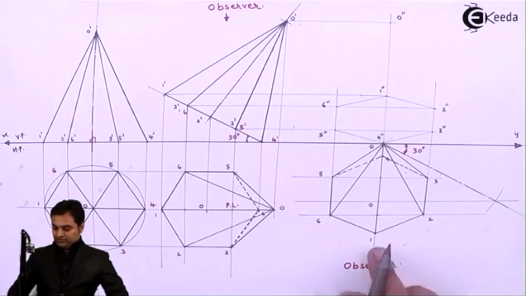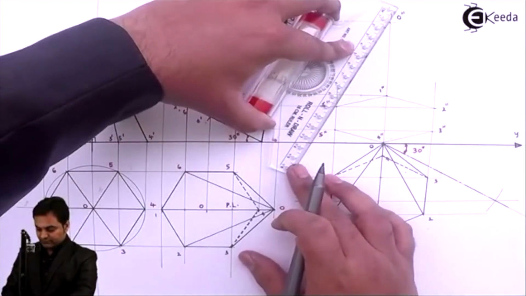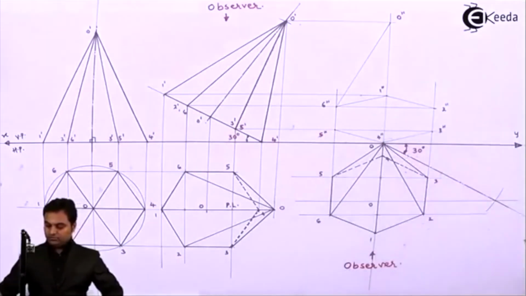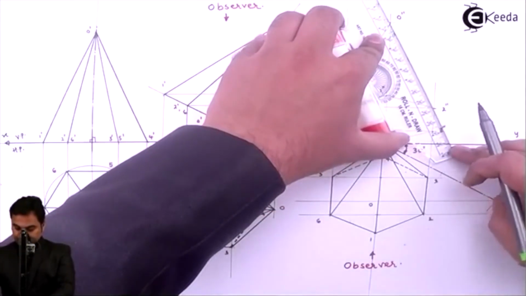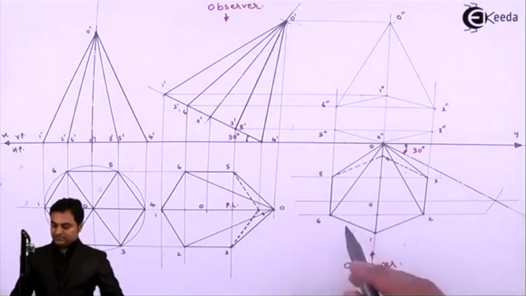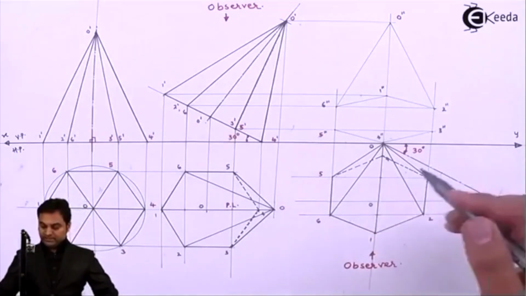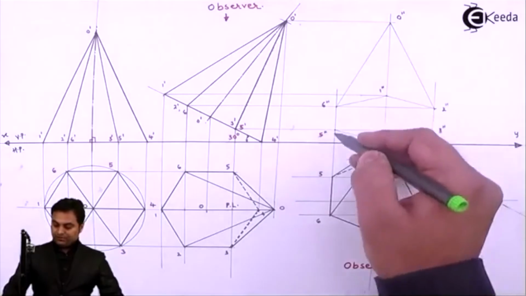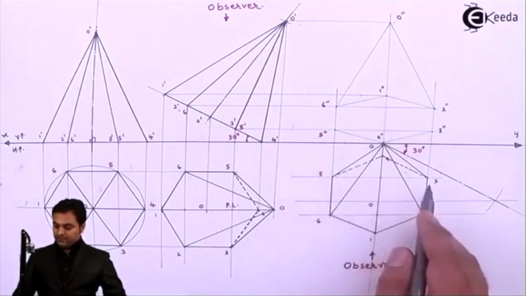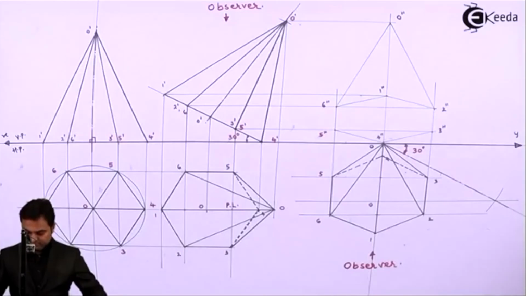Now after this, as an observer, when we see here O and 6 are visible, so O double dash 6 double dash will be connected, then O double dash 2 double dash connected, then the triangular faces O16 and O12 are closer to the observer, so they are visible, but the triangular face O56 will be hidden and O23 will be hidden, because points 5 and 3 they are going behind the observer, so the triangular faces are not visible.